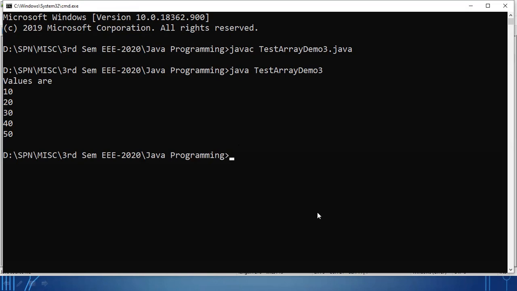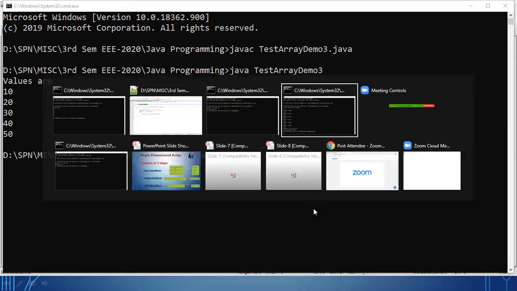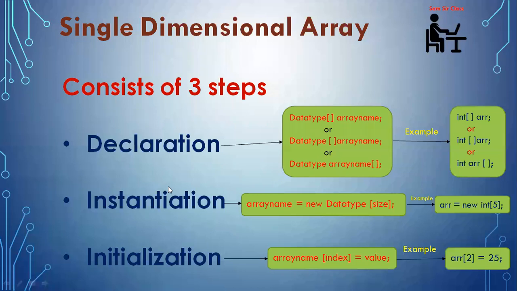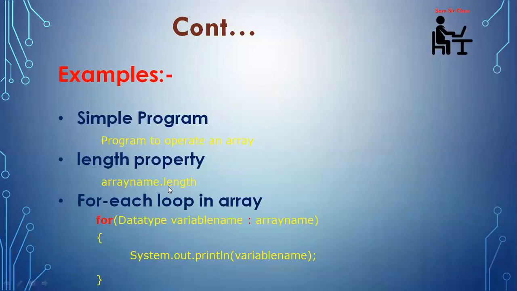So basically there are three different approaches how to deal with 1D array. One, the simple program we have seen, okay, that how to declare the size of the array, how to take input into the array, and how to operate. Okay. Second category, we have used the length property, how to access the total number of elements from the array if you don't know what is the size of the array.